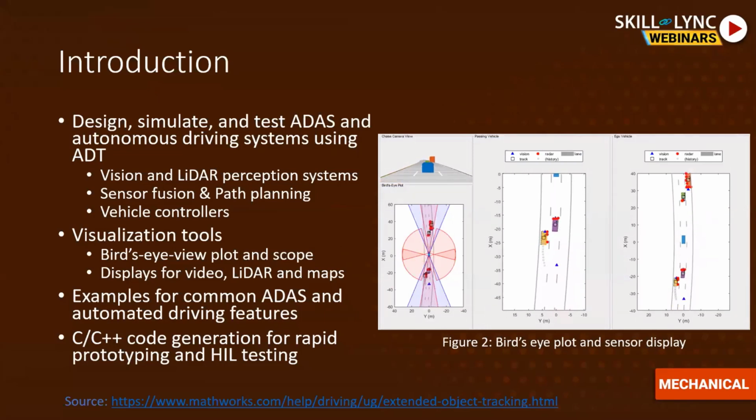After you model all the systems, there are various visualization tools like the bird's eye plot and displays for viewing the sensor outputs. This is a very crucial part because as a human, we need to see what we are working with, and this gives you a much better understanding. I have just shown you a very slight animation of what the visualization tool looks like.